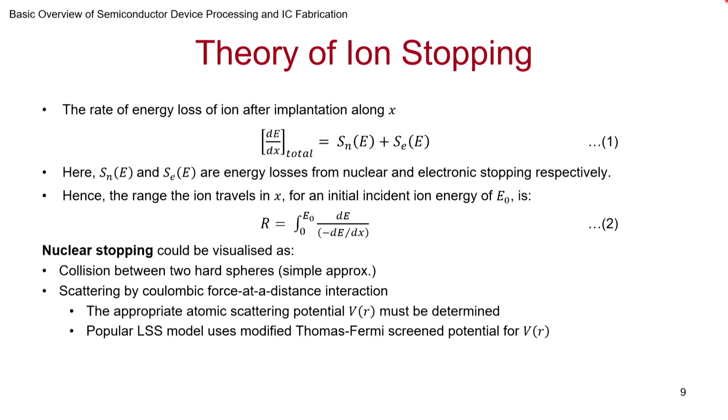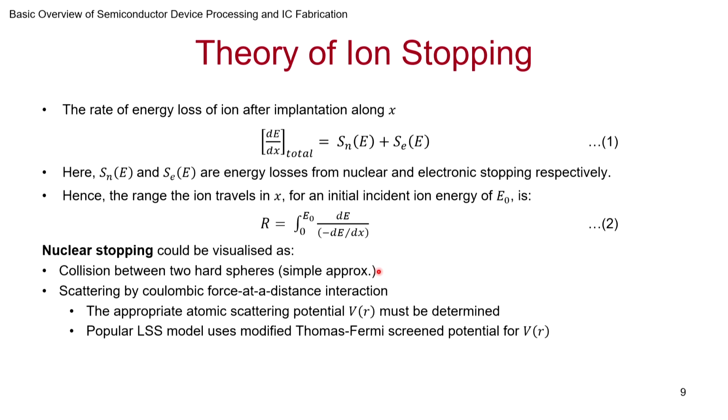So, nuclear stopping, let us look at the physics of what is happening. Nuclear stopping can be visualized as collision between two hard spheres, and these are well studied in various contexts. We have studied billiard ball interactions in our early physics also, but here the scale is larger. There are many more target atoms and many more ions coming in, so you are statistically looking at large numbers. But that may not be the best way in this particular context, because there is a Coulombic effect. The billiard ball assumption is that it comes, hits and then goes. Many times it may not, because even before it comes to some distance, the repulsion force will be very high.